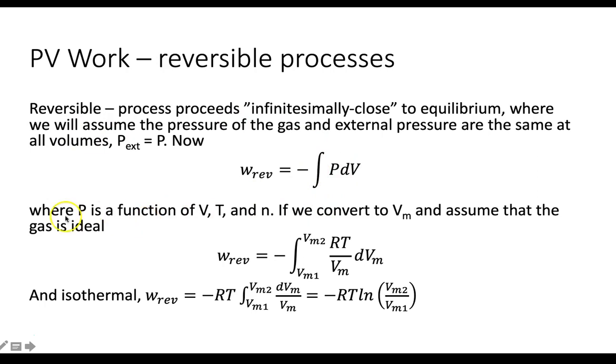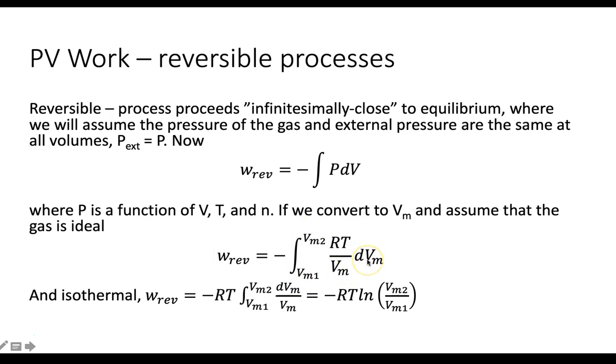So we have our integral. P is a function of V, T, and n. We've just gone through all of these gases. So let's just assume that the gas is an ideal gas and plug that in. So P equals RT over V, or nRT over V. We simplify it by using molar volume. I'm switching back and forth between volume and molar volume, but it's just based on moles. It's pretty simple. So the reversible work is just minus this integral as we change the volume,